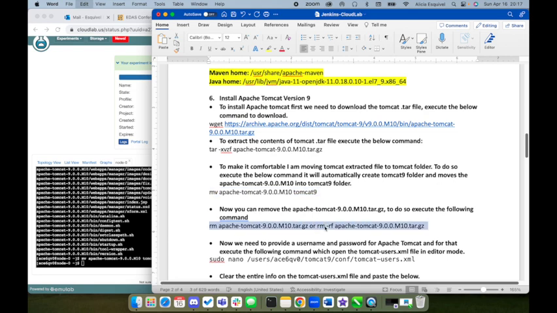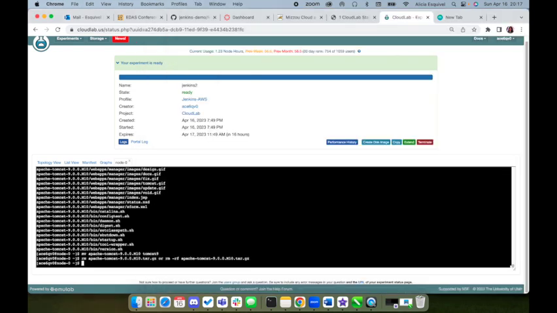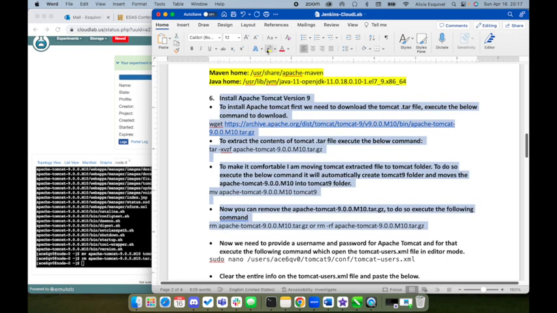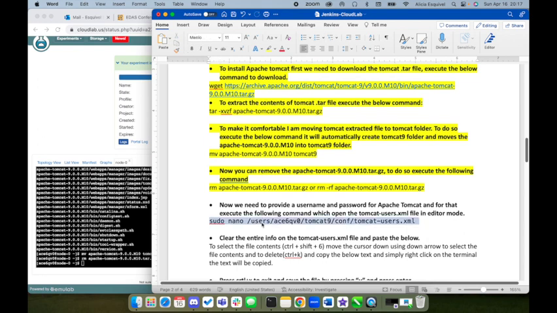And then I'm gonna just remove the repo that I just downloaded and that I already used. I have installed Tomcat, so I don't need it anymore. So what I'm doing here is I'm just removing the tar file in this case. I have this step done. Now what we're going to do is change this Tomcat users.xml file,